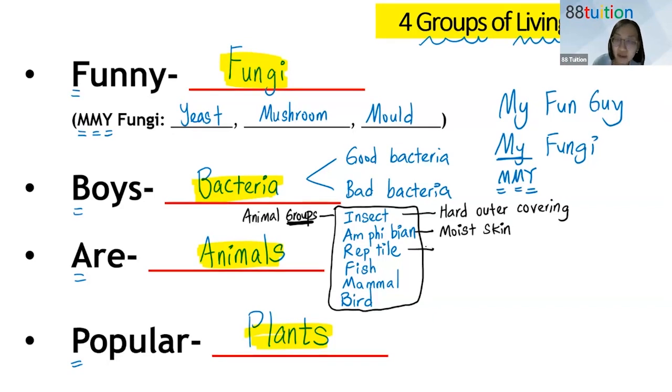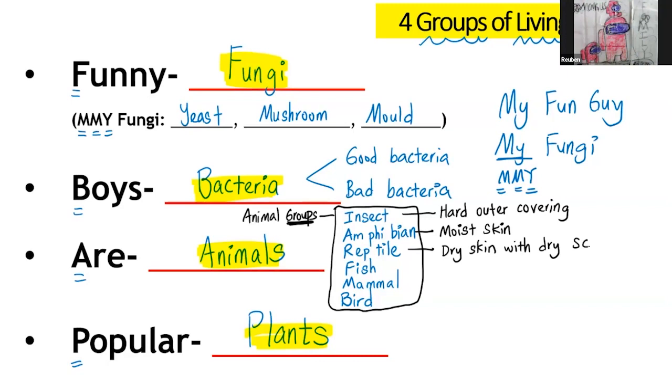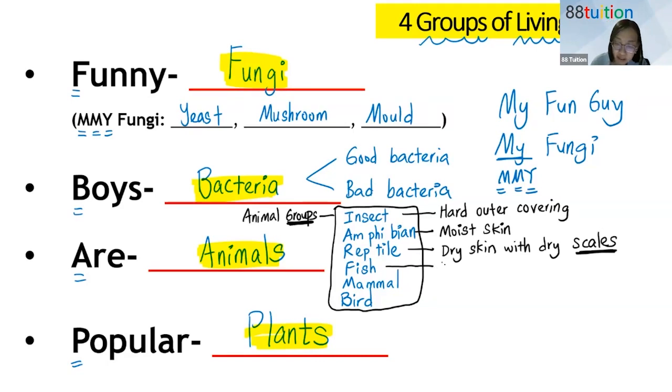Okay, then reptile, what is their body covering? Dry, scaly skin. Dry skin with dry scales. What is the scales? You must have the word scales. All right, so reptiles like crocodiles and snakes have dry skin with dry scales. Fish will be wet